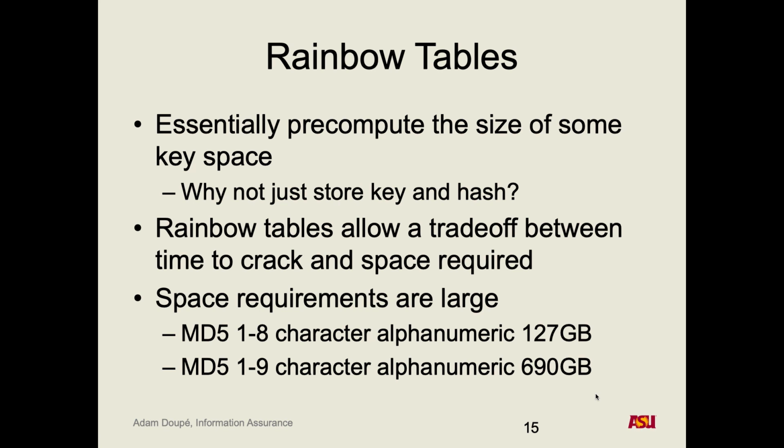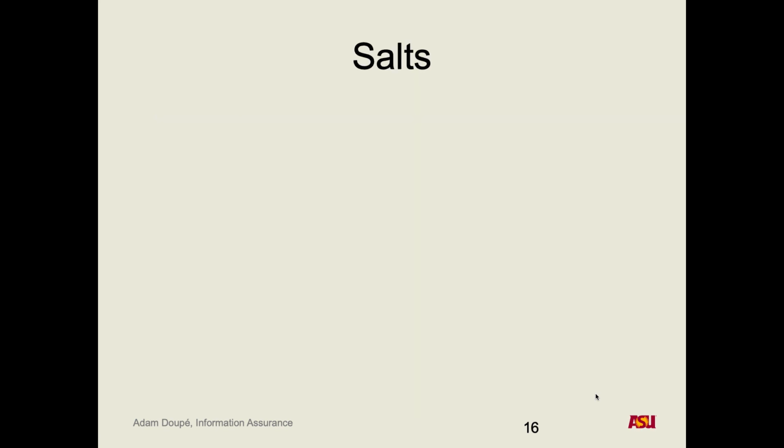Space requirements, so you pre-computed this. But what if the authentication system is using a salt with the hash? Right? So the salt, as we talked about, is a random value that's unique per user. That information combined with the password gets you the hash. So that doesn't help me here, because these are just all 1 through 8 character alphanumeric values that I have an MD5 for. It does not take any salt into account.